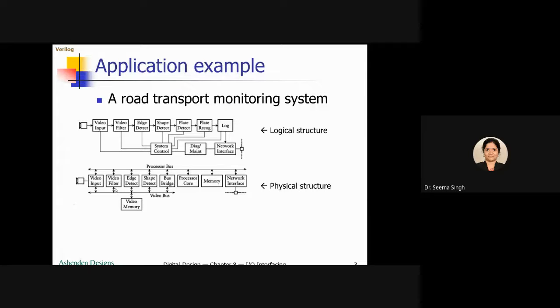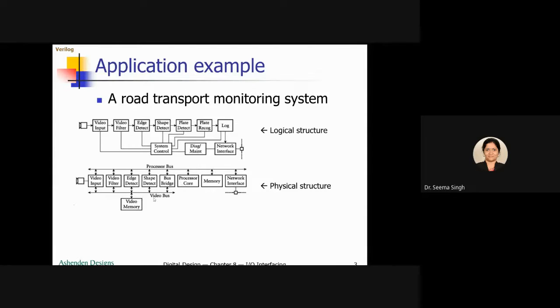The names you can see are the same, but here you can see it is a process. So one after the other things are going, and there is no information about the processor or hardware. Here you can see you have a processor bus because this part is hardware. That is why memory is shown here, because in hardware, where you are storing your information comes here in memory and the network interface part. So this lower part is hardware, the upper part is software.